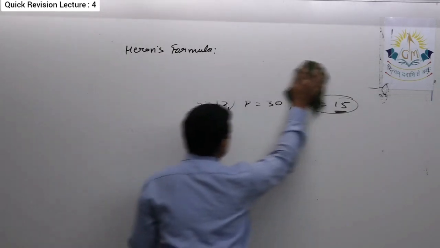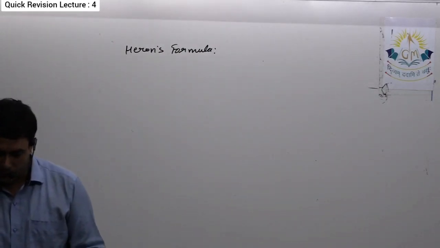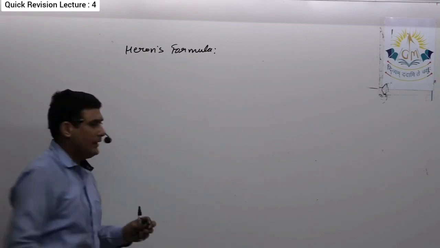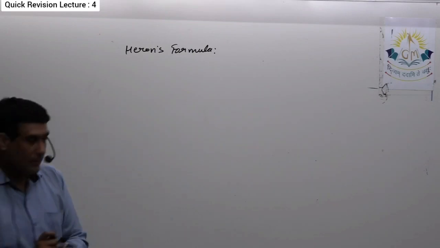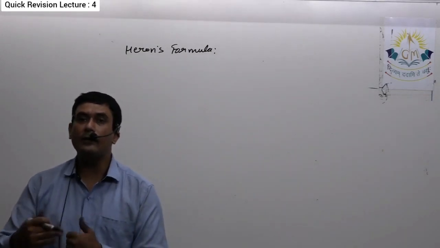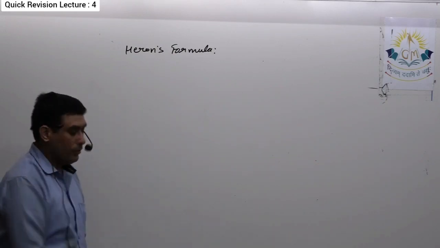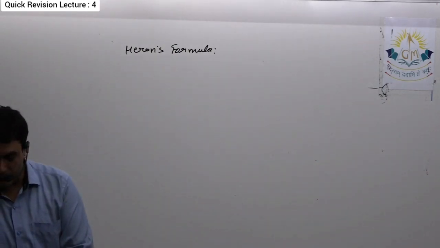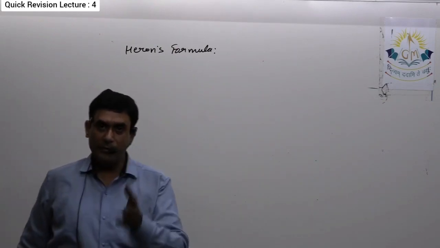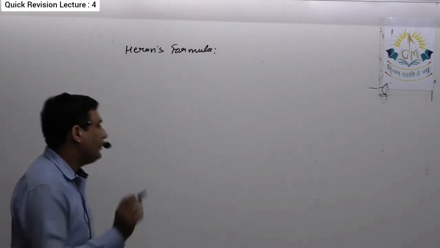Now next, I told you that there is a little bit different question, let me explain one or two more questions. Sometimes they do ask, if the sides of a triangle are increased by the same percent or doubled or tripled, then what will be the change in the area? So let me take a question. You have to find the percentage change if each side is made double. If each side of a triangle is made double, then what will be the percentage change in its area? Suppose that we have to find.